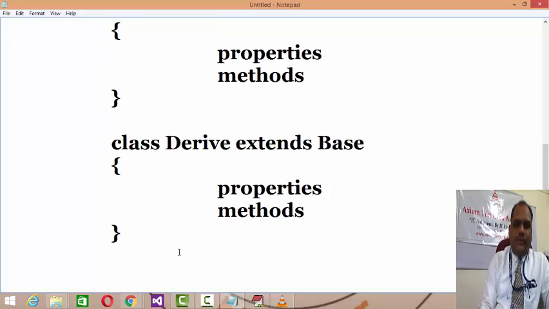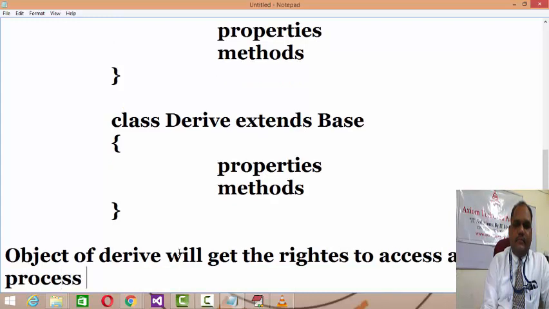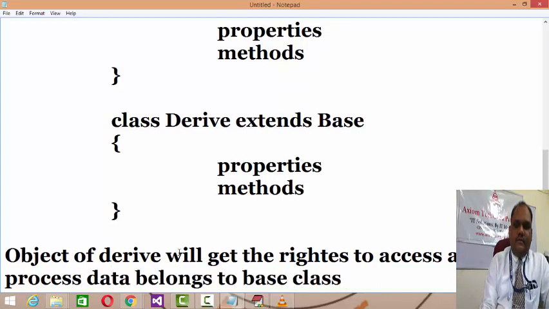So the object of the derived class will get the rights to access and process data belonging to the base class, right?